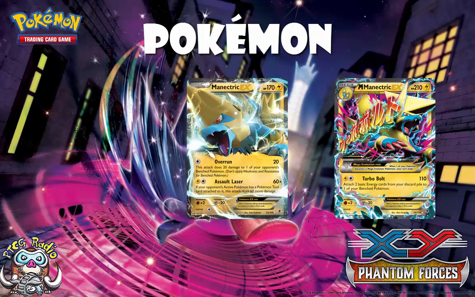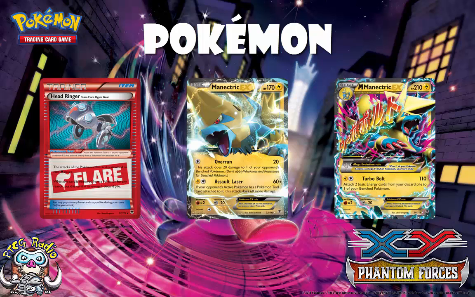And if you were facing against an EX that didn't want to attach a tool, you could just go ahead and put a Head Ringer on them. Then their attack cost increased by 1, and they had a tool on there, so you could go ahead and use Assault Laser. Now, you can actually use this as its own deck, because if you put a Muscle Band